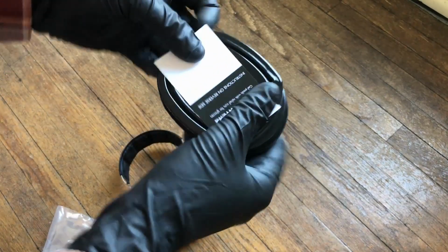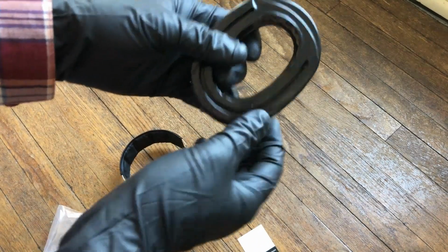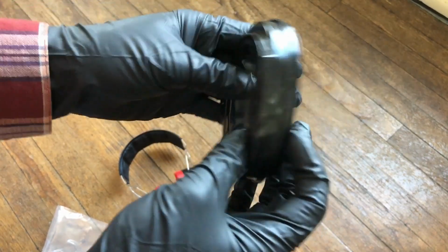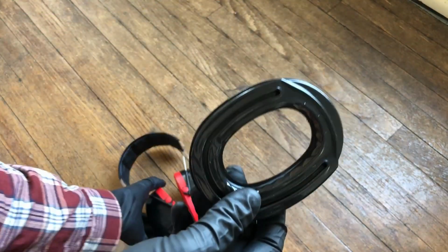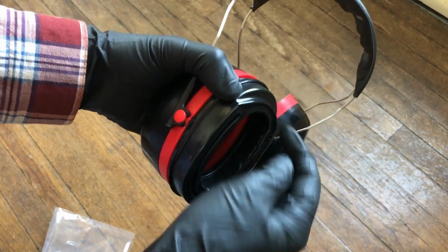Normally you'd have two, but I've already taken these apart. Make sure to read your instructions. Sometimes it talks about how to use these correctly. We're going to inspect the pad, make sure there's nothing wrong with it, nothing's leaking. We're good to go. So now all we need to do is make sure that the relief cut is facing